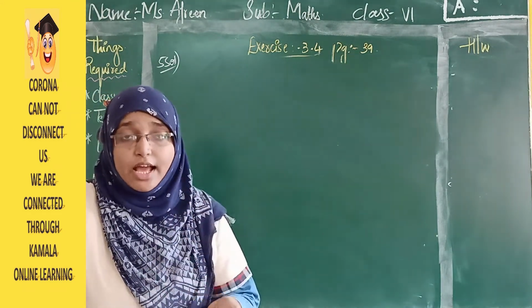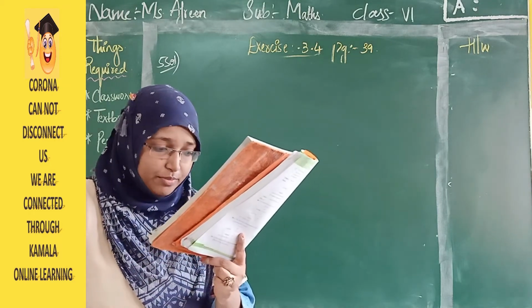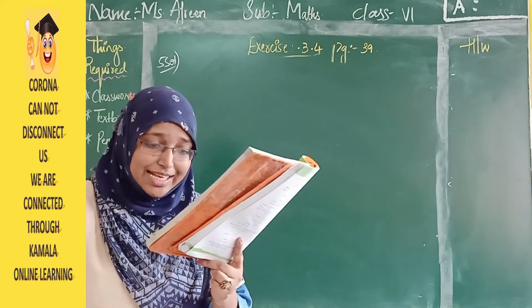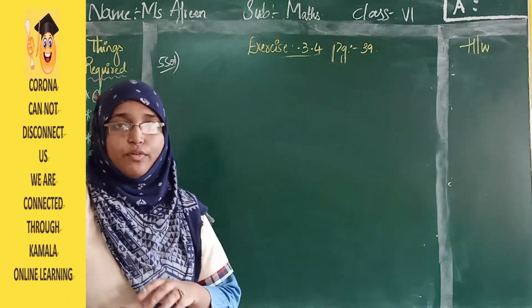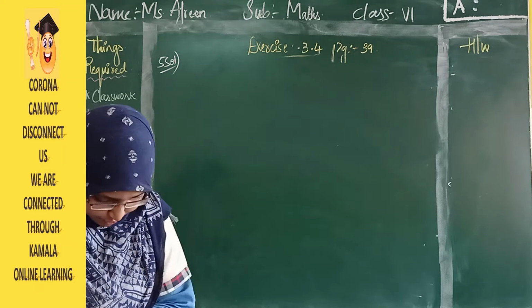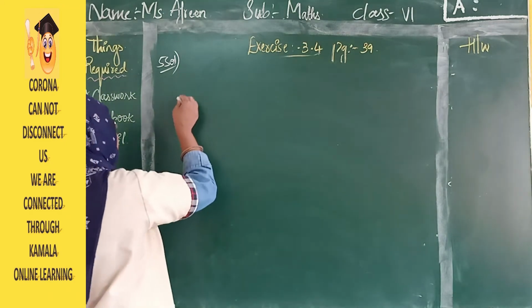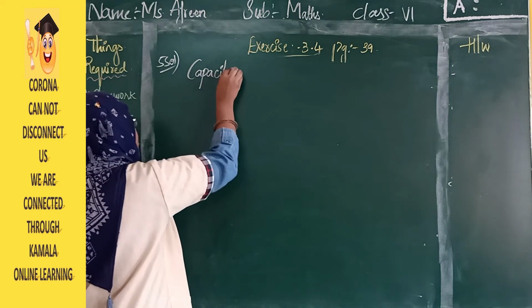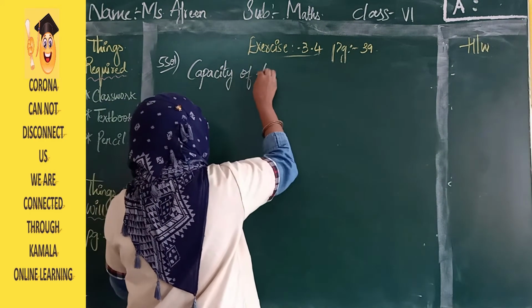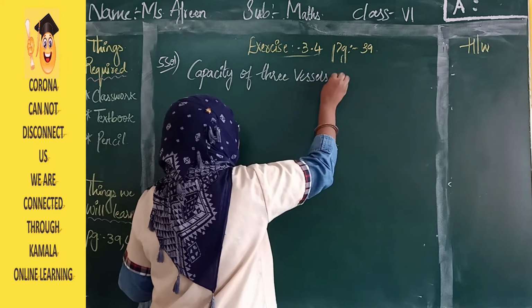Now we need to find how many. What are they asking? From three vessels containing this many liters, an exact number of times. How many times can it exactly take? So to find out, firstly let us write what they gave. Capacity of three vessels, right? For the fifth one, let us see, capacity of three vessels is how much?